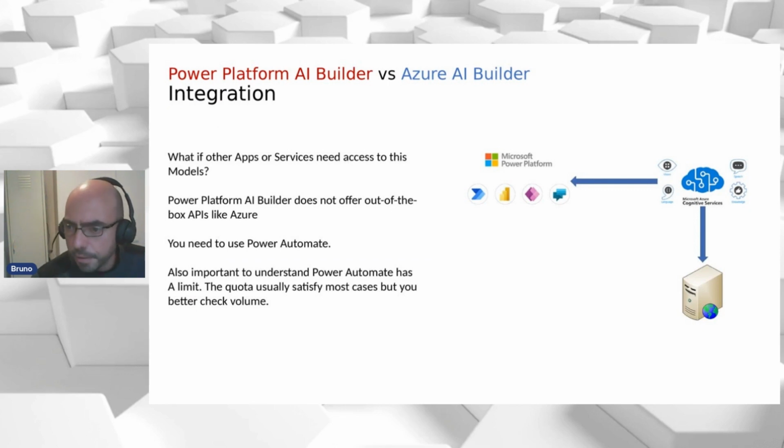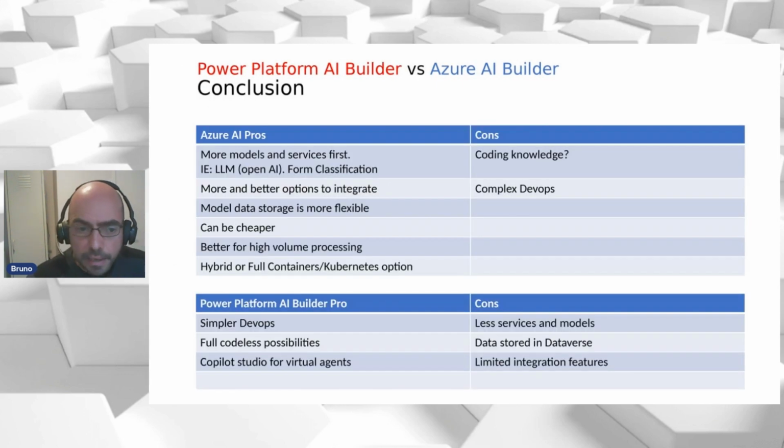Again, considering the architecture, what if other systems needed to access that? You probably want to leave everything in Azure, which has all the Azure integration in AD and all the services you need to integrate with other systems. If you decide to do everything in Power Platform, it'll be very complicated to integrate with other systems. You're going to have to use Power Automate to expose that. There are other ways, but it's not as clean. In conclusion,